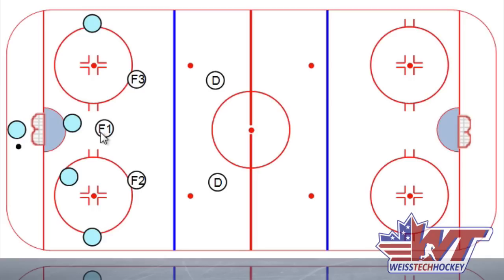So we've got our F1. He's pretty low, and then we've got our F2 and F3, and they set up a little bit more narrow than maybe your conventional neutral zone trap would be. And then again, the defensemen are back here, so it's a little bit more of a narrow 1-2-2. And the reason why that's appealing is because it makes it look like there's a lot more open on the board side. Now, when this would come into play is a couple reasons, and